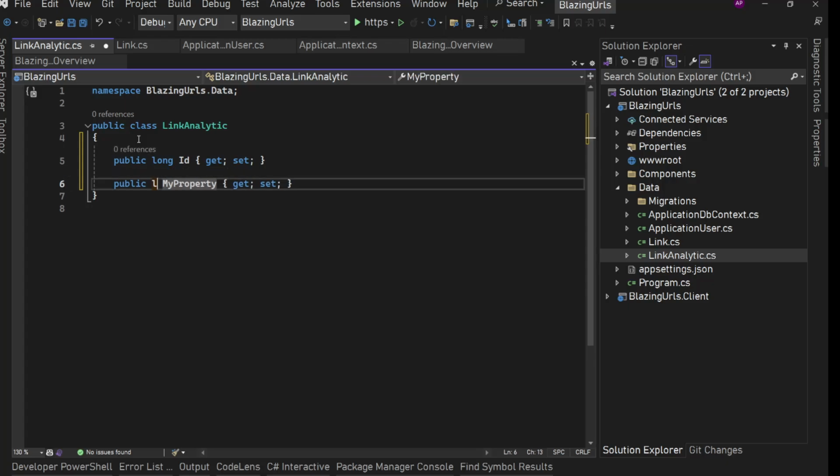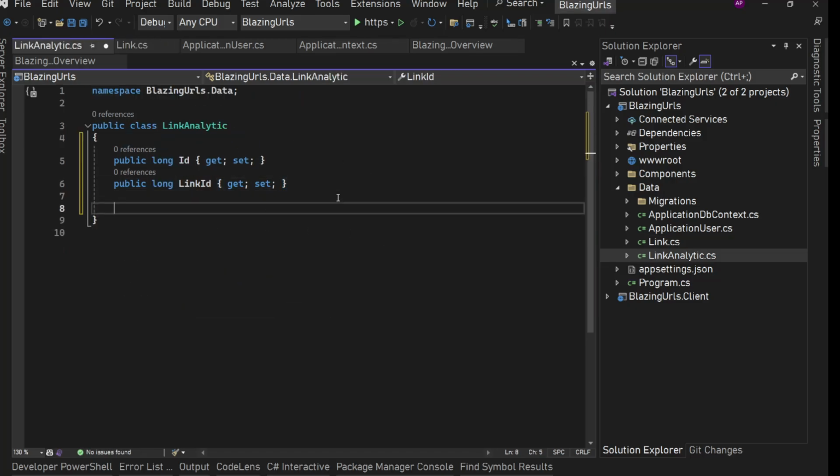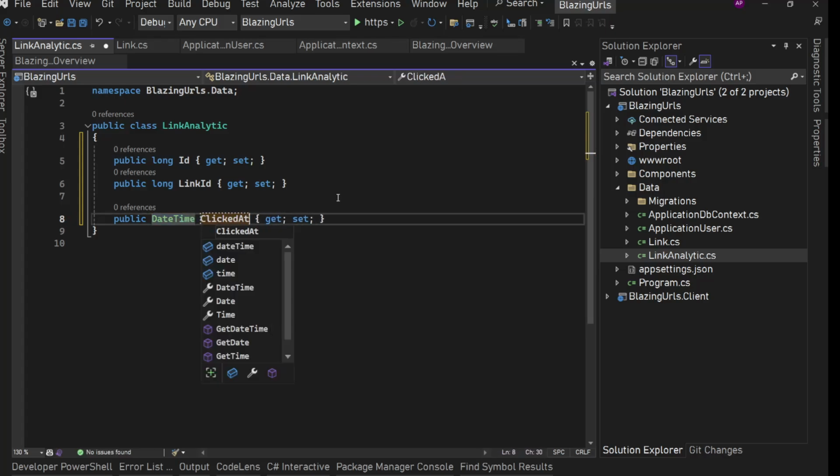Then we are going to use link ID, which is going to be that navigation property which will point to this link entity we just created. After link ID, we will track when this link was clicked. So date time, we'll say click date,